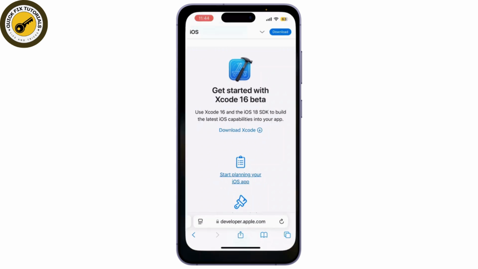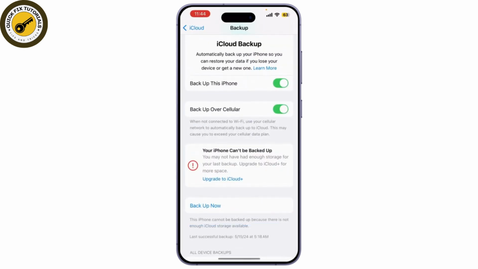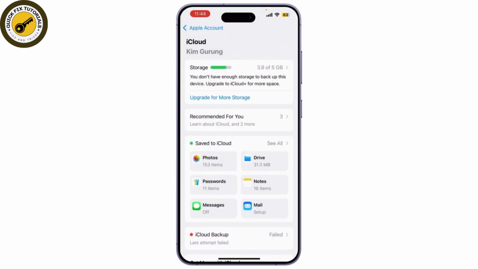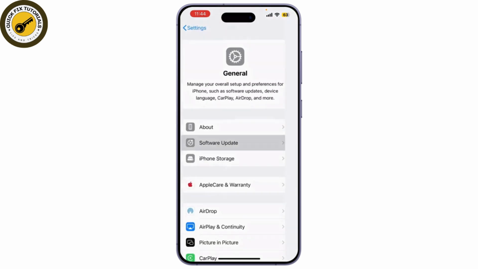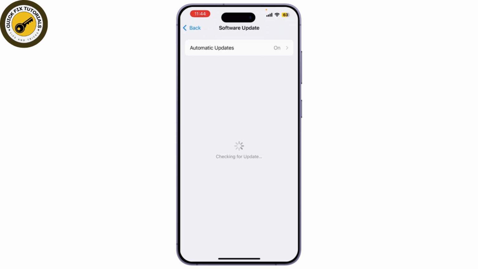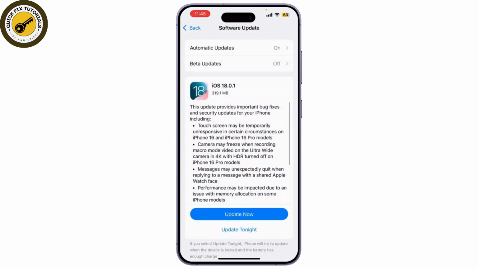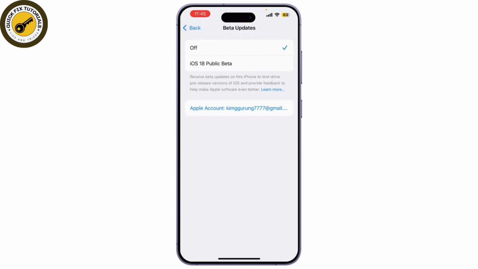Now head back to the settings. You'll see a notification about a downloaded profile at the top, generally called beta updates. Make sure to turn it on,